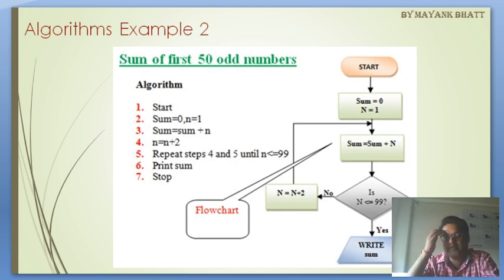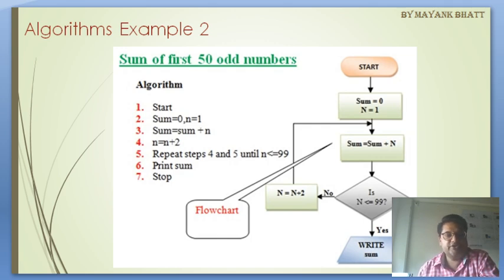Now the problem is we have to add 50 numbers but only odd numbers. So we have to produce the sum of the first 50 odd numbers. So we have to generate an algorithm for that. So we have generated an algorithm where we start the